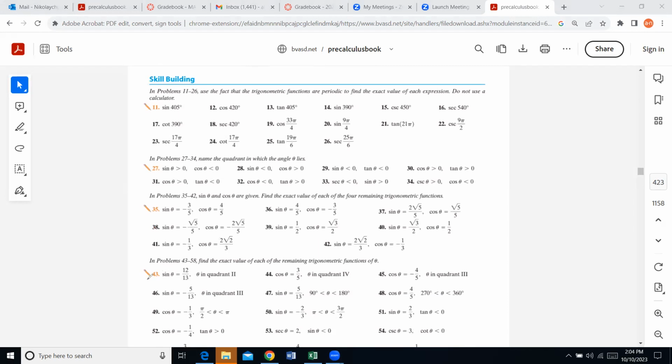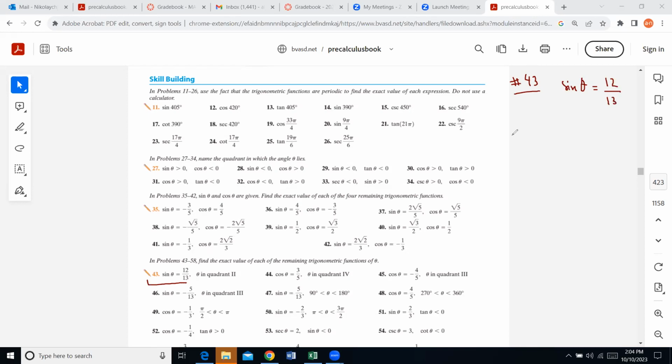For example, in exercise 43, it looks like we can't find a nice answer, but that's okay, we can use technology. If they say that sine of theta is equal to 12 over 13,